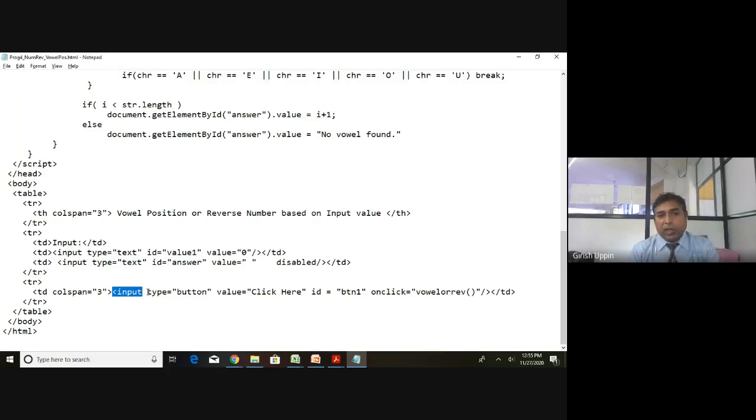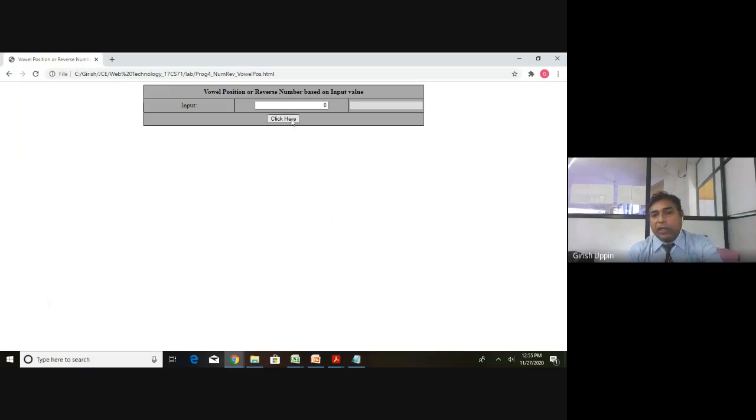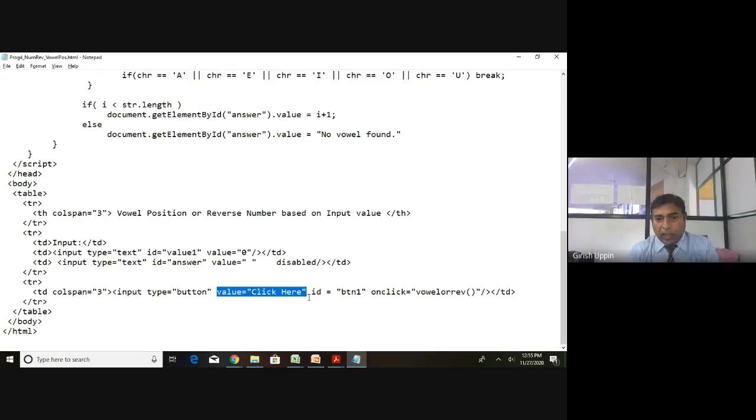The type is equal to button. Earlier it was text, now it is a button. And what is the value? Click here. On the button, what you are seeing, Click here, is the value I have given. The id I have given is btn1. And I have included an onclick event. This button has an onclick.